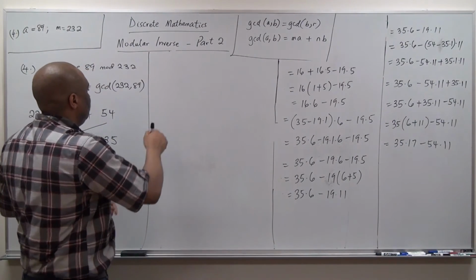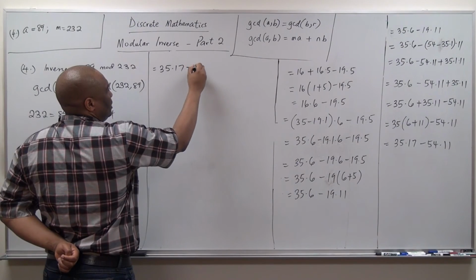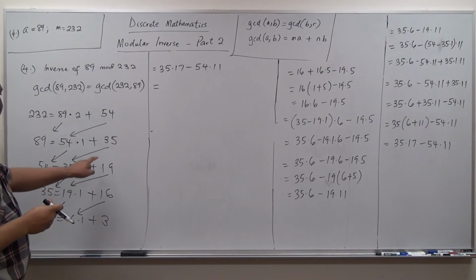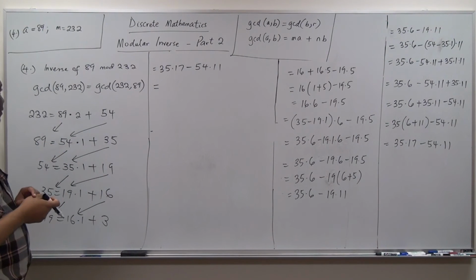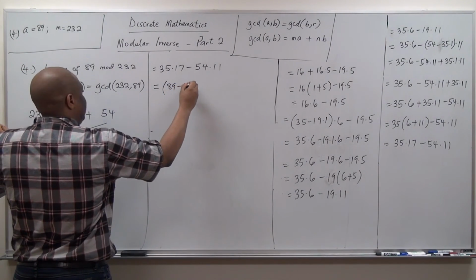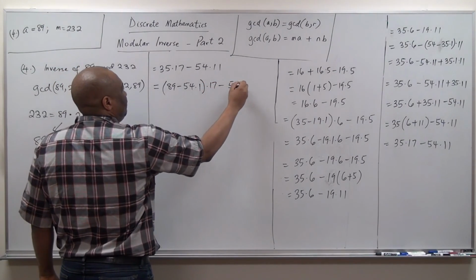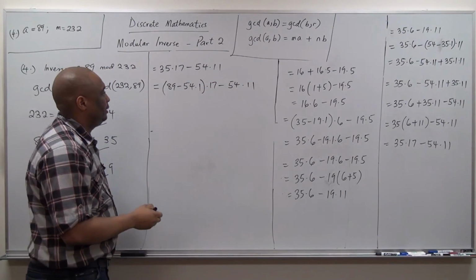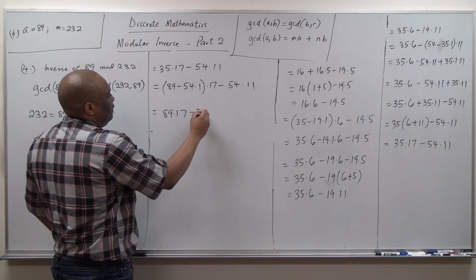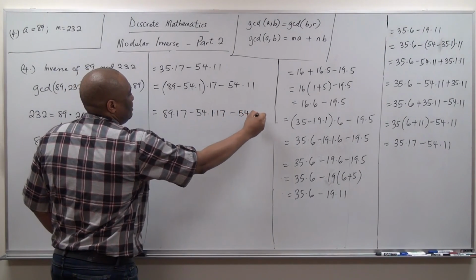So we stopped at 35 times 17 minus 54 times 11, right? So we've got to do for 35, which is 89 minus 54, right? So this is 89 minus 54 times 1 times 17 minus 54 times 11, right? So this is 89 times 17 minus 54 times 1 times 17 minus 54 times 11,